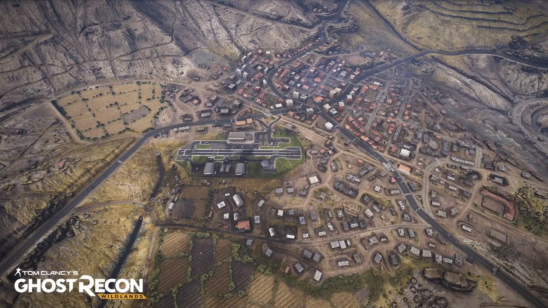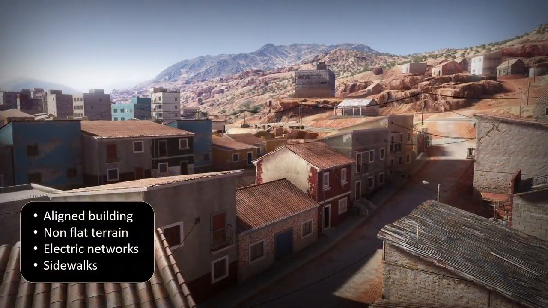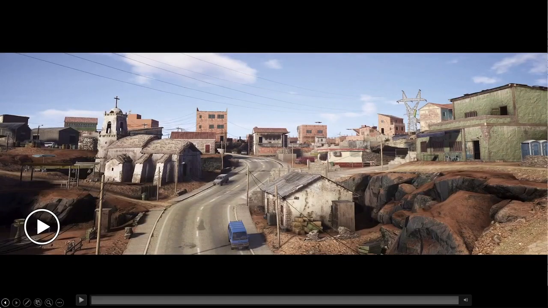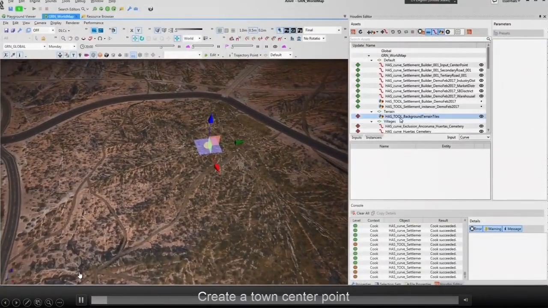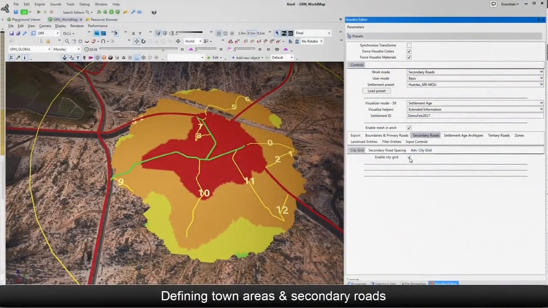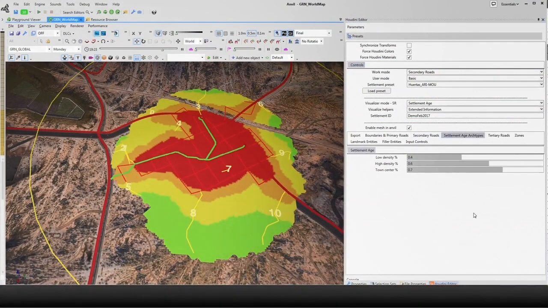We want to do it by hand. The tool can handle aligned building, non-flat terrain, and different kinds of stuff. So a short video demonstrating the tool in Anvil.